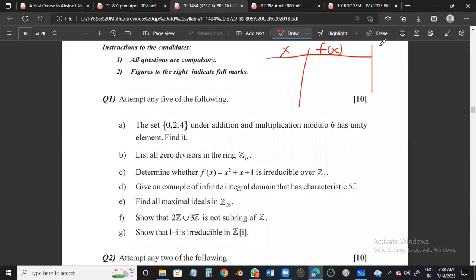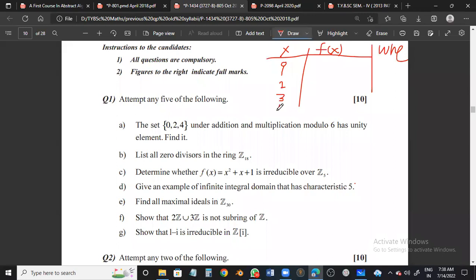Whether it is a 0. And then just go on listing. If it is a 0, that will create a factor. And if it has a factor, then it is reducible. If it does not have a factor, we say it is irreducible. So I hope you followed. I'll try with every value. So let me start with 0, 1, 2,